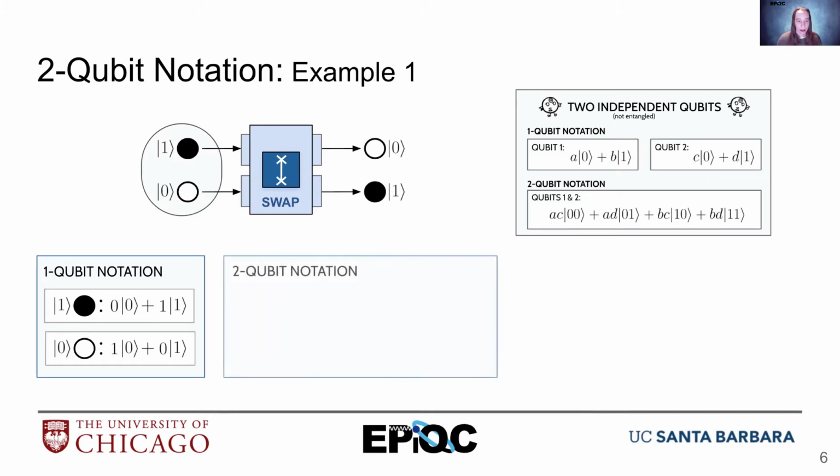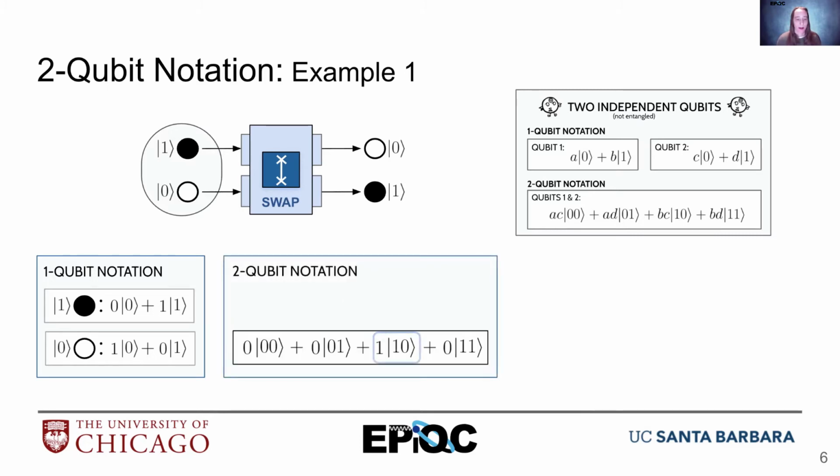So we can see the qubit there for the 1 qubit notation. And then we do our multiplication, and we end up with only a 1 in a single place. All the other ones are multiplying by 0. And this is not surprising, actually. We have a 100% chance of measuring a 1, 0, because the first one is always a 1 and the second one is always a 0. So our calculation, we can do a little sanity check and check it with what's going into the left hand of our swap gate.